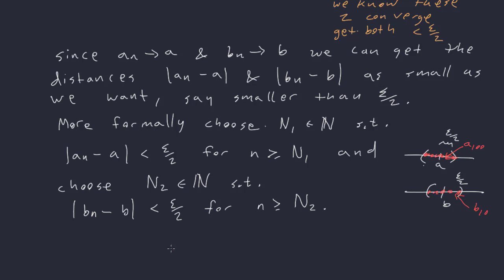Now we just want to take the largest of these n's. Because if we take the largest one, say if it takes 100 for a_n to get into here and 10 for b_n to get into here, well, if we just chose n to be 100, we know b_100 and everything past it is in here too. So we just take the larger of the two. So letting capital N be the maximum of N1 and N2, so letting our normal N be the max of these two,